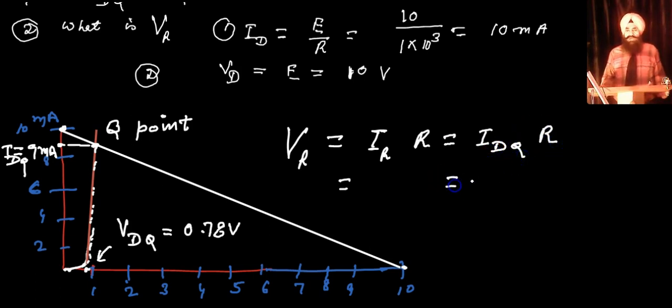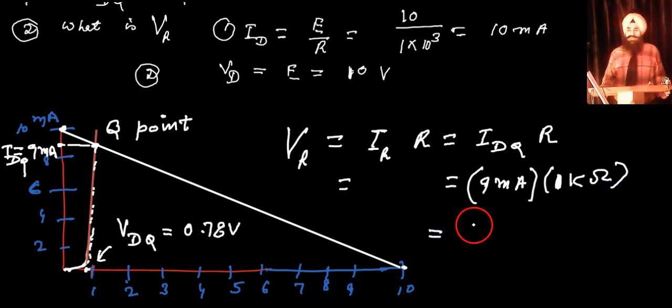IDQ into R is 9 milliampere multiplied by 1 kilo ohm. Now kilo and milli cancel out, and that becomes 9 volts. So this is the value of the voltage across the